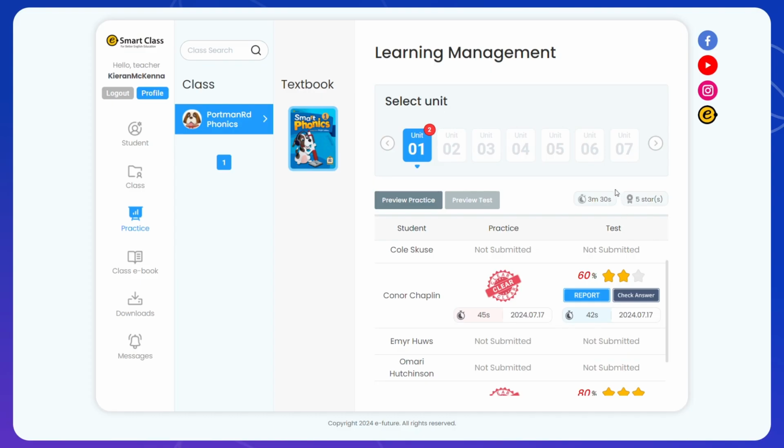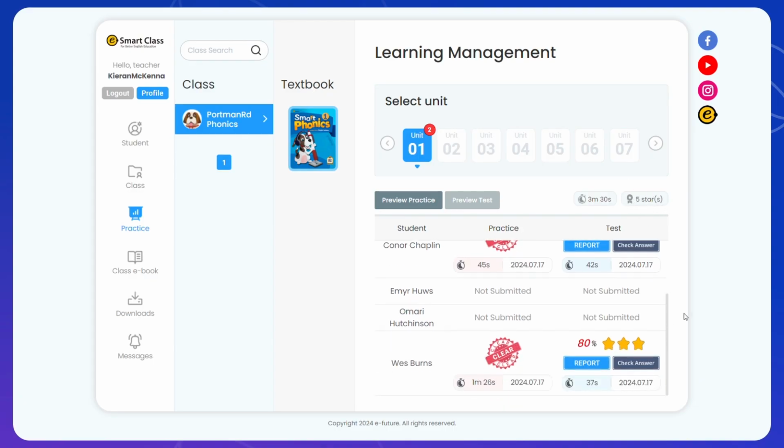Also, you'll notice up here that this shows you the cumulative amount of time that the entire class has spent doing the practice and the test taking. So these 2 students have been working for 3 minutes and 30 seconds on these things. Obviously, your students will take a lot longer than this, but this is just for a demo. And this will also show you how many stars they have earned on their tests. So you can see we have 5 stars here, and that is because Connor got 2 stars and Wes got